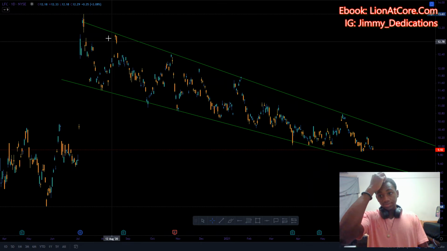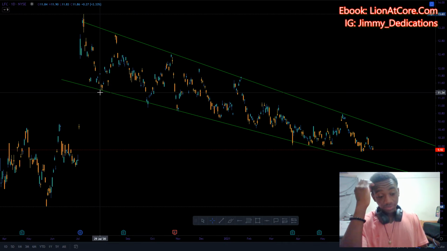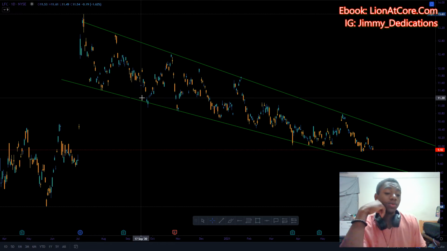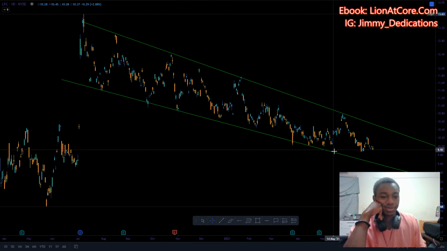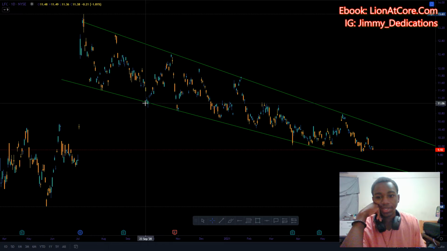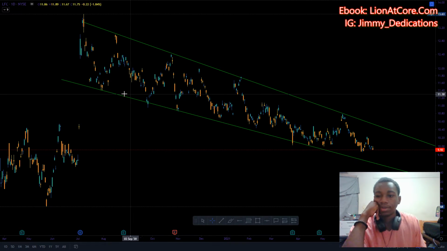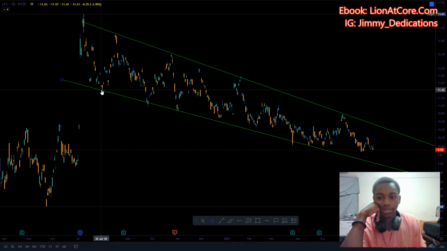So now you see when it gets to the top, it goes right here. Boom. Boom. See, you wouldn't even understand this was a pattern until the second time it hit. Once it lands right here the second time and lands right here again, that's when you can draw your